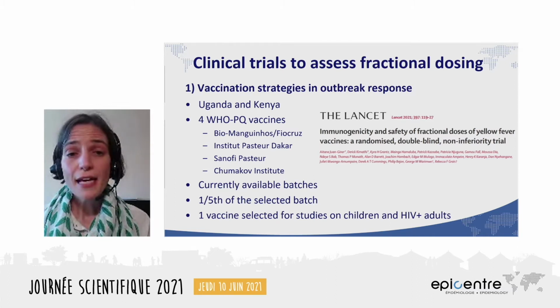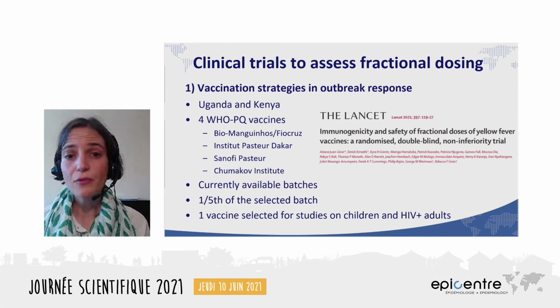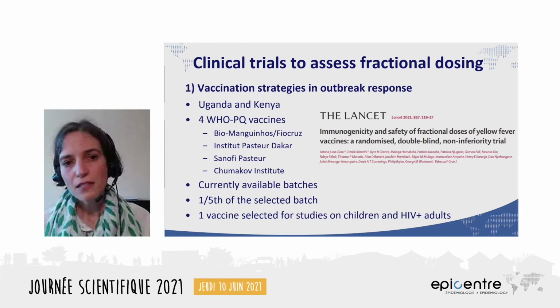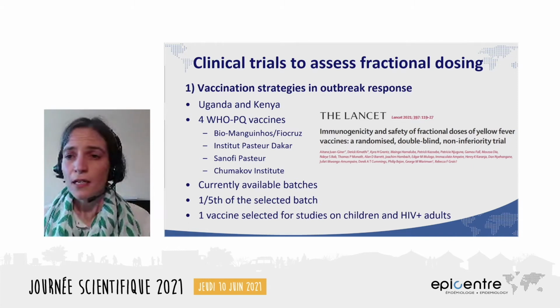From the results from the adult study, we selected 1 vaccine to be used in the sub-study assessing fractional doses on children and HIV-positive adults. These studies have now been completed, and laboratory analysis is currently in the final stages. The